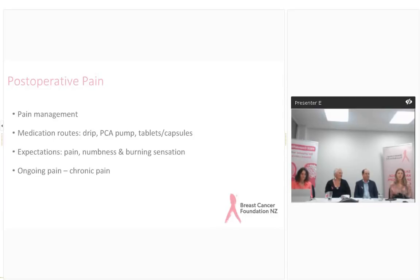As you move down into the ward and in your stay, you'll move on to oral pain medication, and you'll also get a prescription to go home with. To stay on top of your pain, it's best to take your pain relief at home as prescribed. That way you're on top of it and you're not playing catch up. So rather than taking it when you begin to feel pain, it's better to take it regularly, first of all, as prescribed. As you get down the track, ideally you'll be taking less pain medication, but